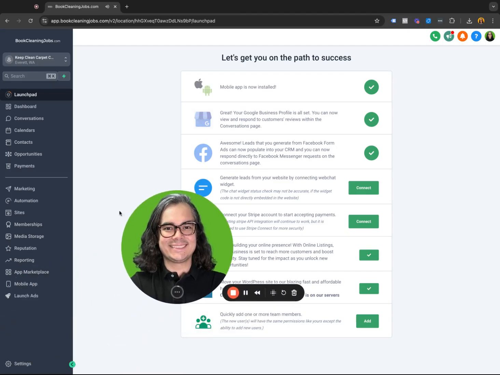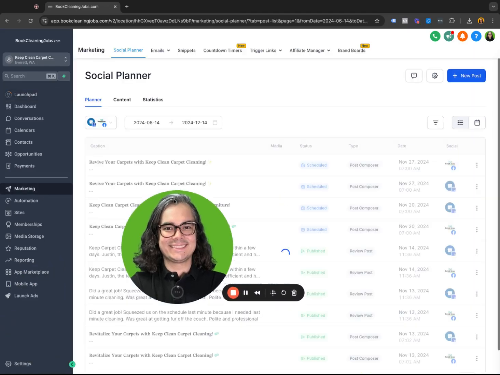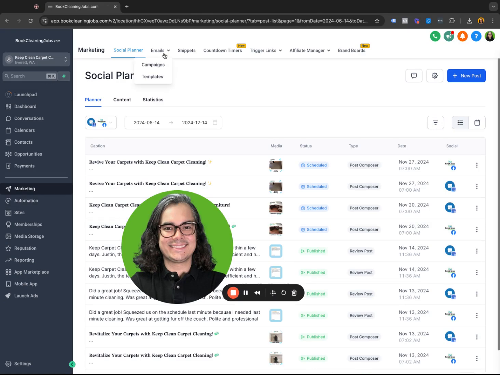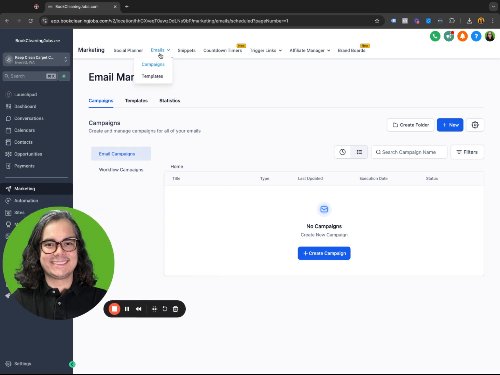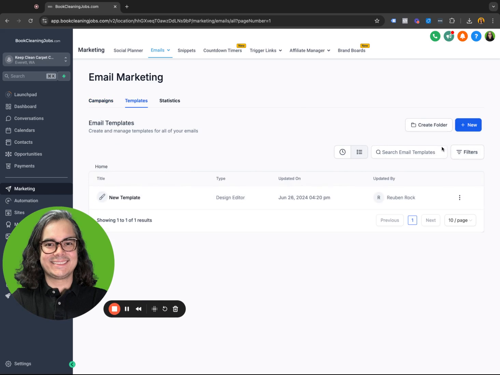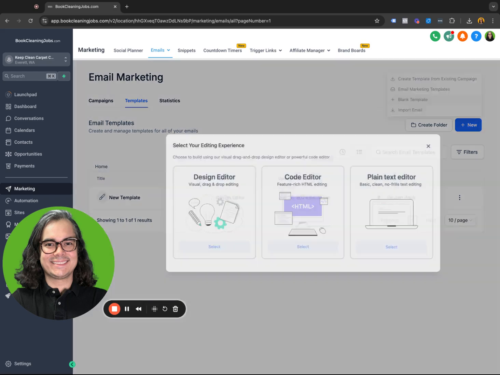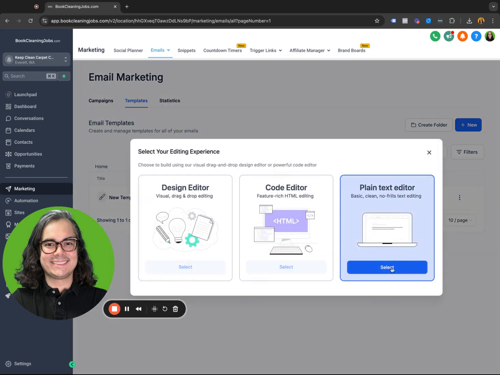All right, guys, here's how to create an email template, just like a plain text email template inside of your CRM. So you'll go to the marketing tab, you go to emails, and instead of going to campaigns, let's go to templates, right? Just the next tab over. And you can create a blank template. There's other templates in here that you can choose from, but you can start with a blank plain text editor